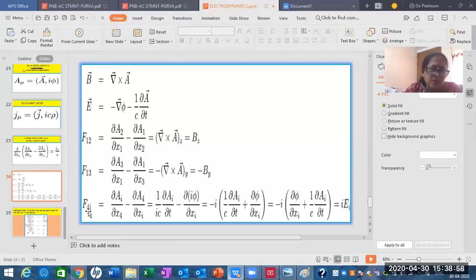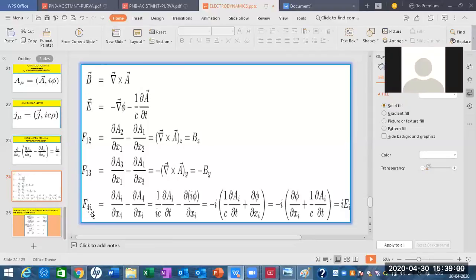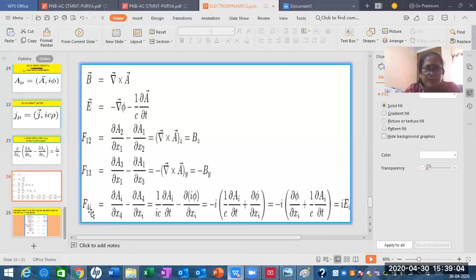Next, 4-2: fourth row, second column. 4-3: fourth row, third column. And 4-4, what is that? Fourth row, fourth column. 4-4 is a diagonal element. So just now we found out that the diagonal element is 0. So this ends up with the according index. This can be E1, E2, E3, E4.